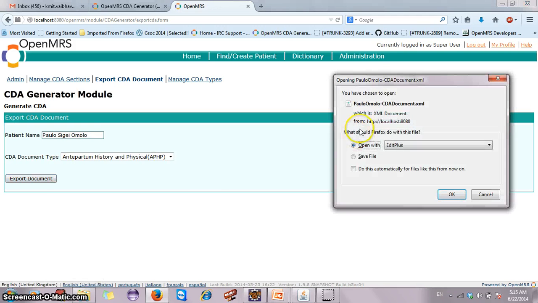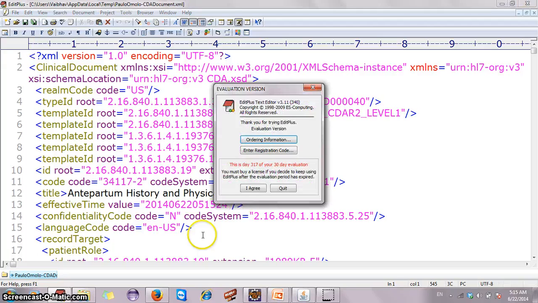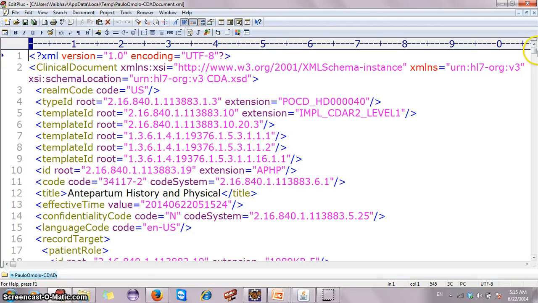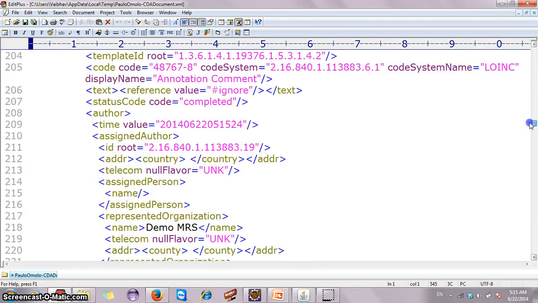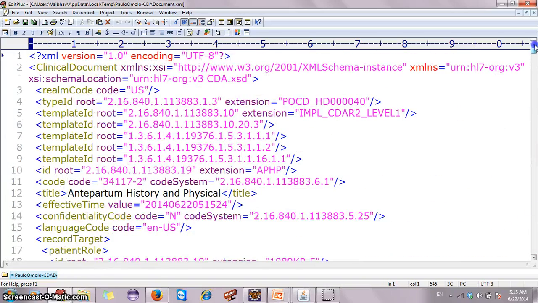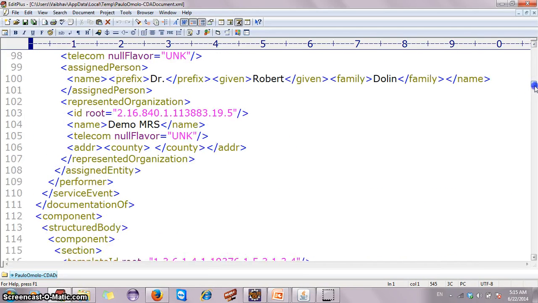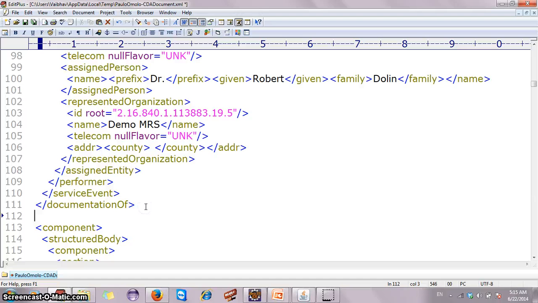We can save this file, but I want to open it with some editor. So this is the CDA document which is generated. CDA document will have header and a body.